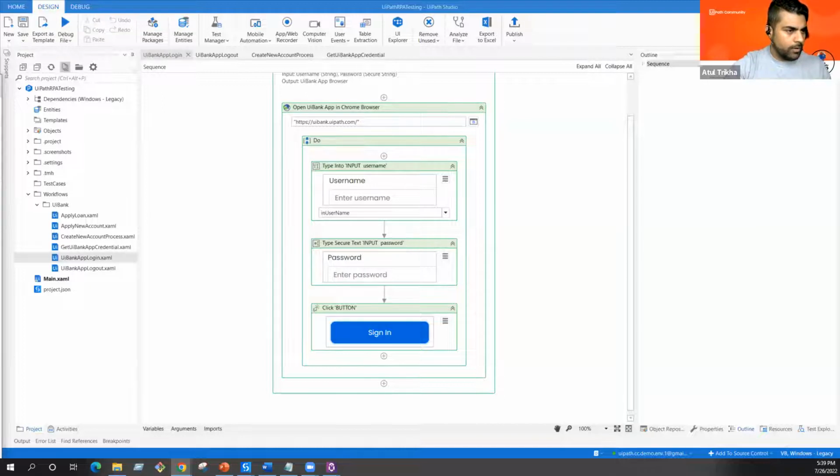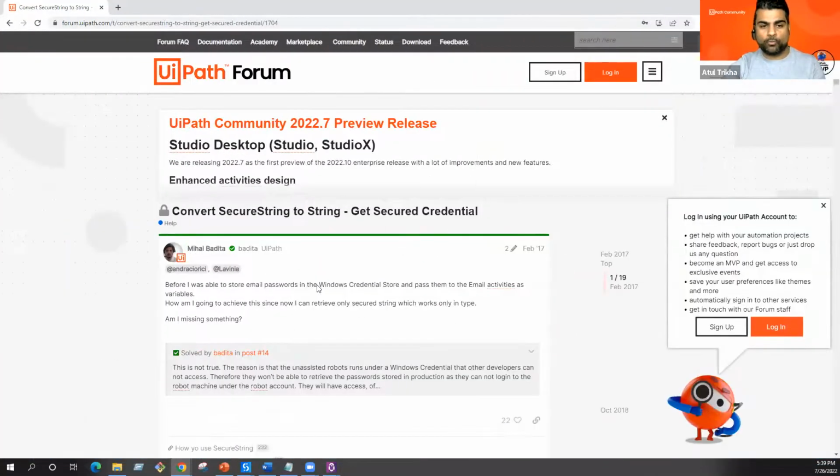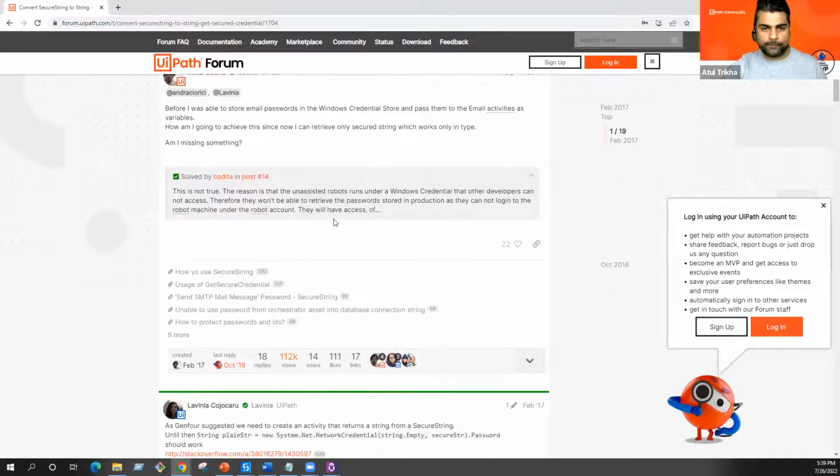It is very straightforward, and for these types of issues, if you ever face one, UiPath Forms is the best place to look for answers. You will get each and every detail about these kinds of examples. For example,